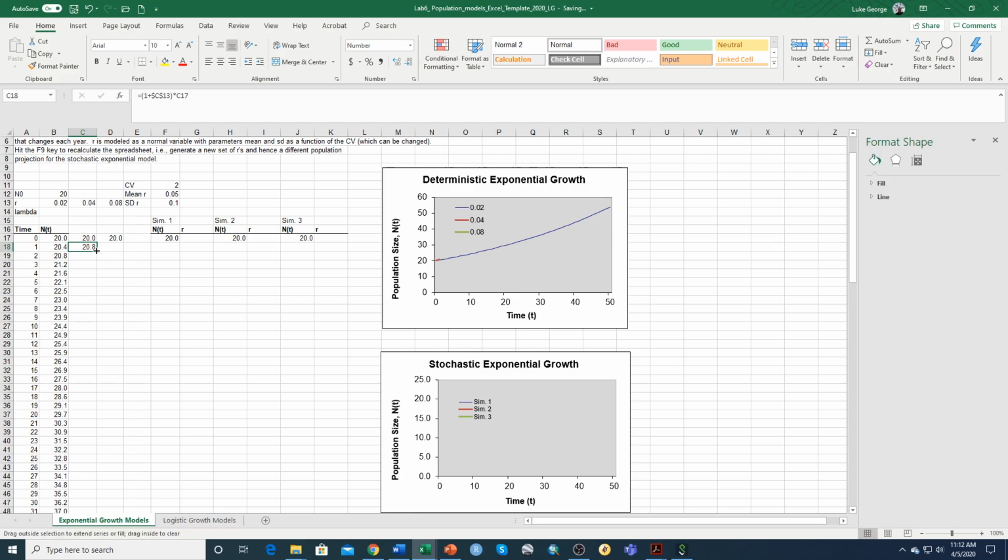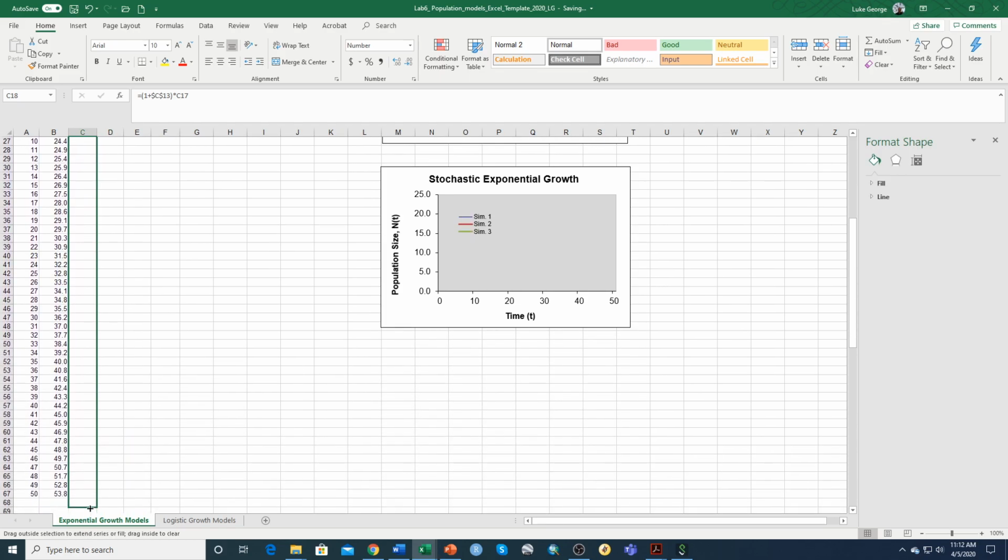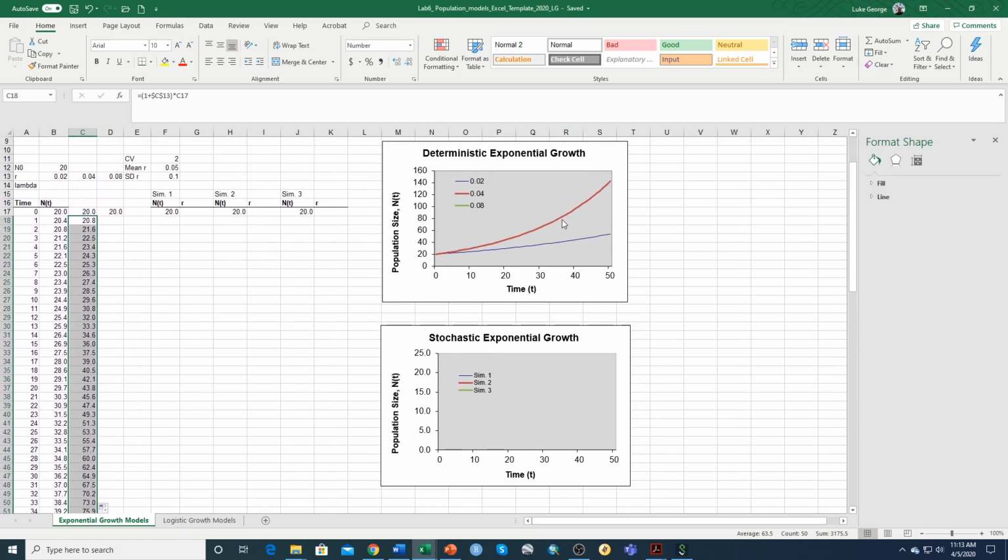All right, and then we do the same thing. We just copy that down and let it go once we get to 50, and bingo, you see that this produces the curve for 0.02 and 0.04. I set that up for you just to, again, make this simple so you can get through it. And then I'll let you figure out how you do that for the last column. Okay. The next thing we want you to do for